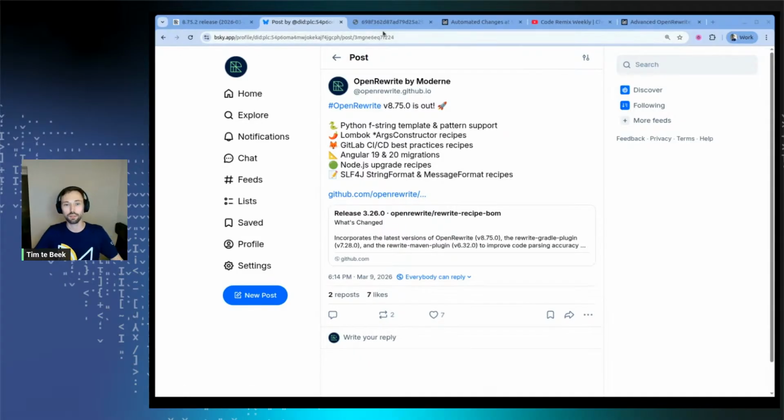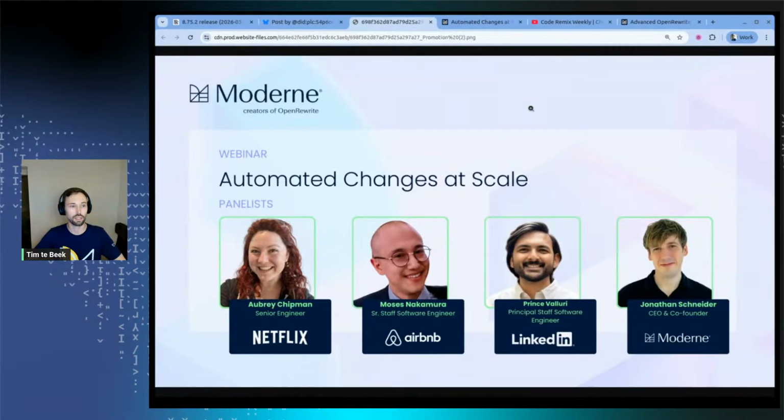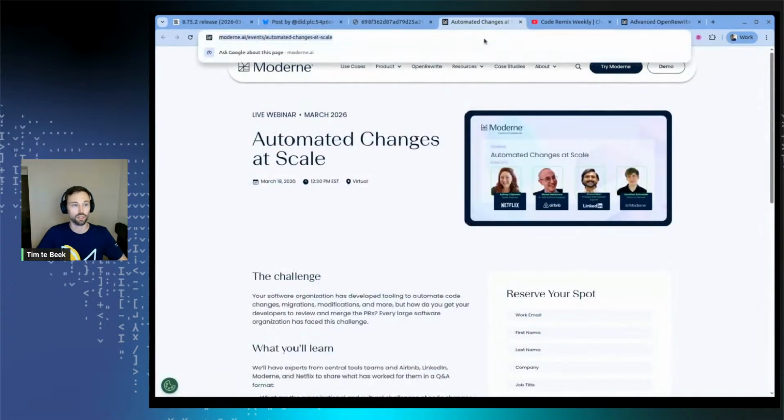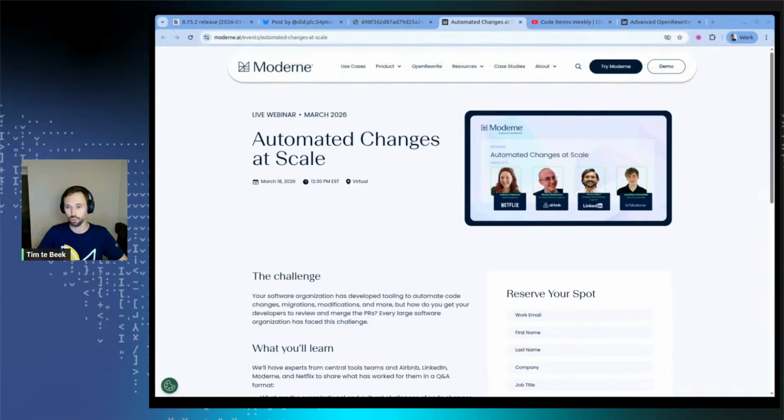Then looking ahead, we also have some new exciting things. So there's a new webinar coming up next week. I will have panelists from both Netflix, Airbnb, and LinkedIn joining our own Jonathan Schneider for a discussion on automated code changes at scale, which, of course, we have our own thoughts on, but it's very nice to be able to share that stage with friends of ours who are similarly going to help inform you on how to achieve that. If you want to join that webinar, then you only have to subscribe, and I'll share the link in the chat right now. So it is on March 18th, so 1 week from now,